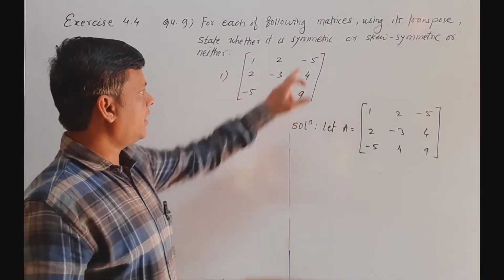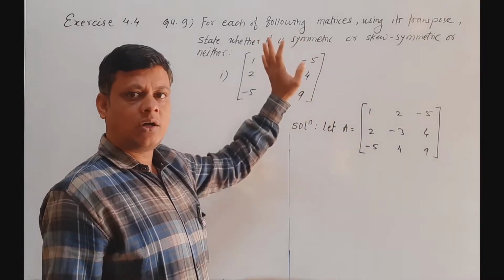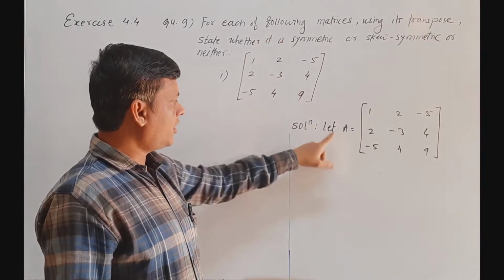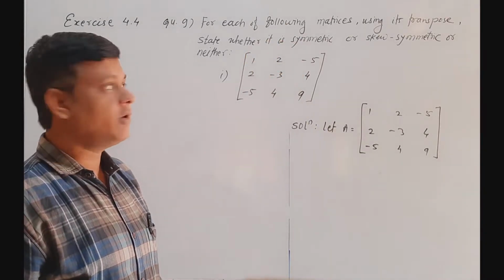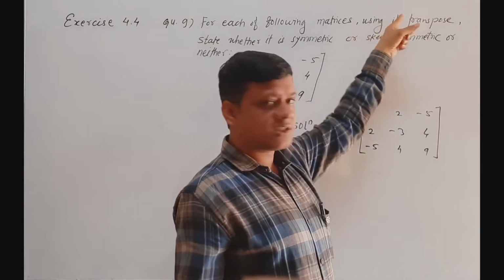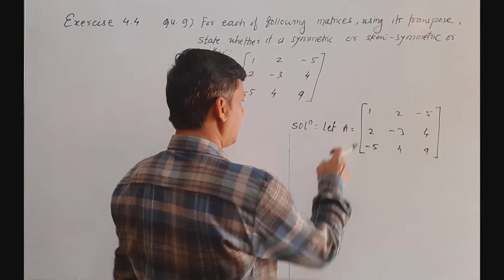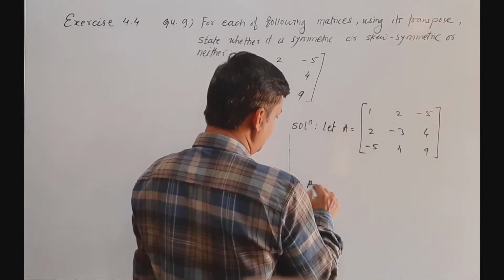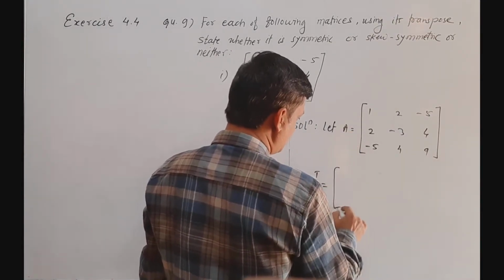We have to check whether the given matrix is symmetric or skew symmetric. So for that we have to write the transpose of the given matrix. In the question it is also given, using its transpose. So we write the transpose of the given matrix here. So A transpose is equals to